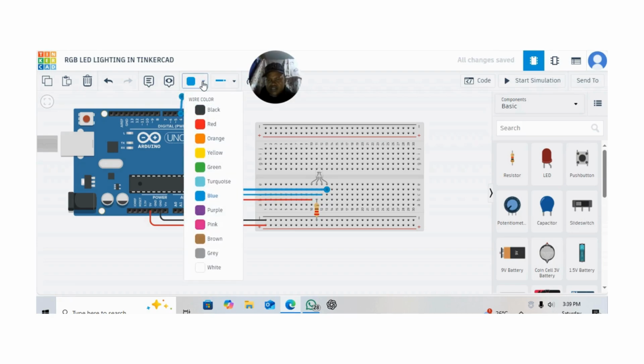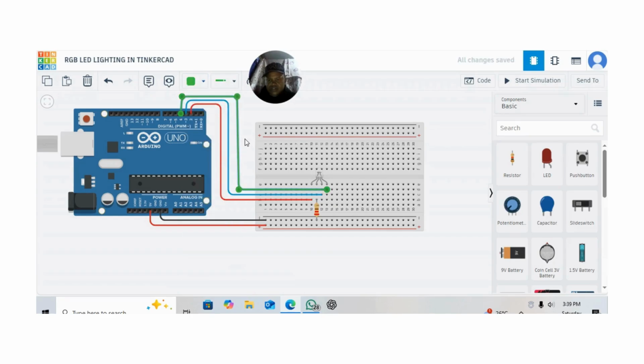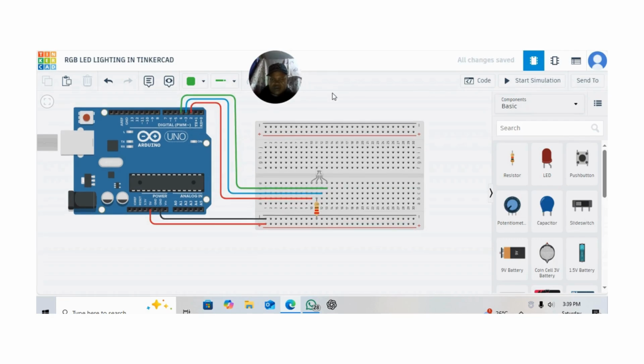And I can change its color to green. Maybe I can just pull it a bit. I think it's okay. Now we are done with our connectivity. We have connected our components together, and we are now ready, as I said, to proceed to the other section,